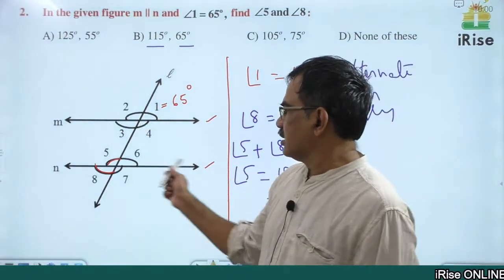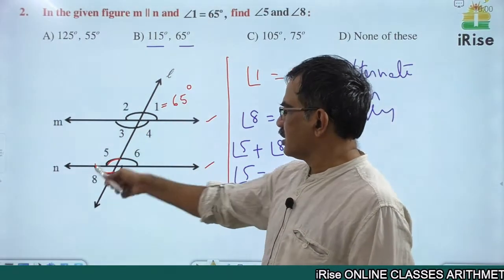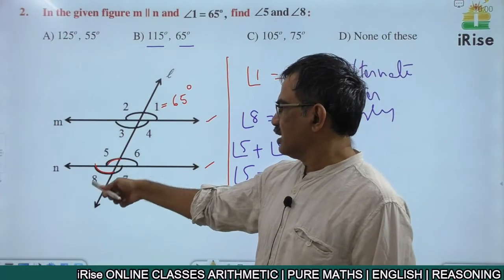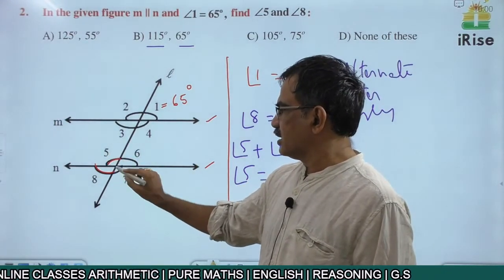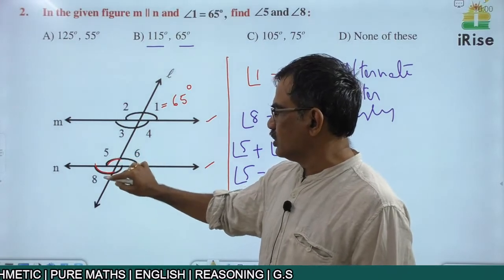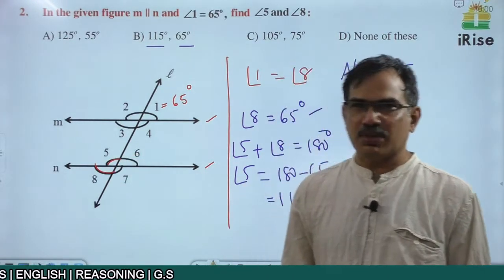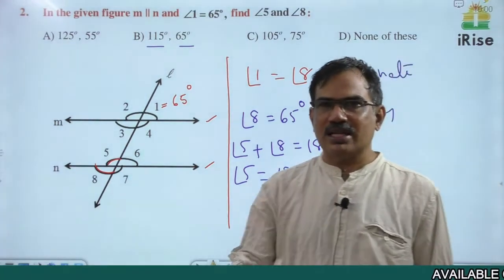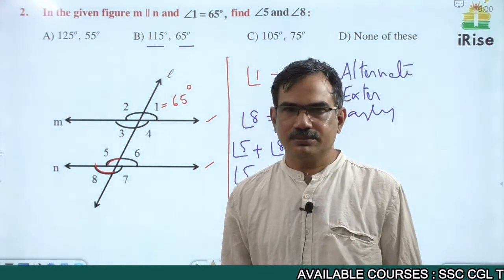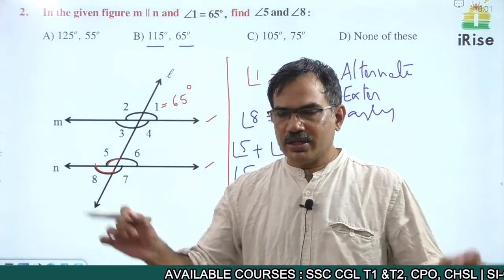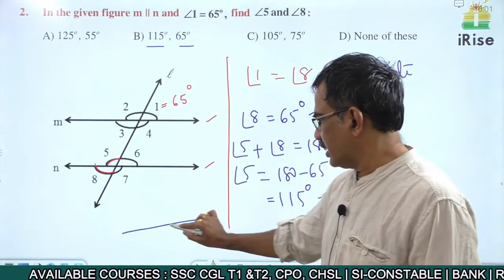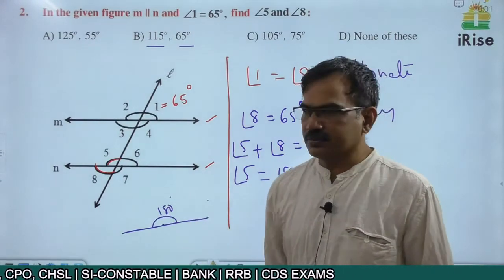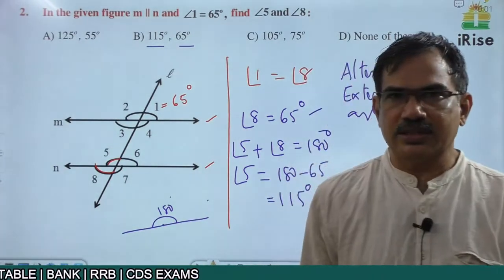If parallel lines are intersected by a transversal, alternate exterior angles are equal, and the sum of two angles at the same vertex, these two angles, are called a linear pair of angles. What are linear pair of angles? Two adjacent angles whose sum is 180. They form a straight line. If you have a straight line at any point, the total angle is 180 degrees. Okay, next question, please.